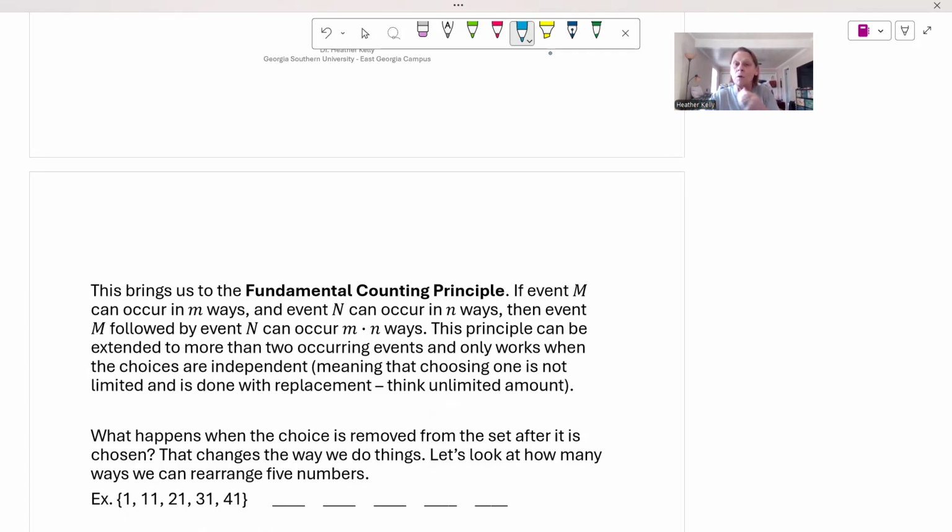Now, here's what I want to ask you. What if there were only 2 dessert options? Pecan pie and banana pudding. Then in that case, there are only going to be 12 meals, and that's literally due to just the math there. Okay? And the fundamental counting principle only works when choosing